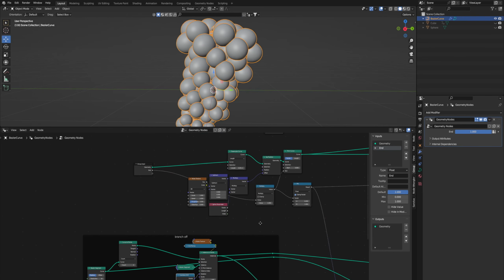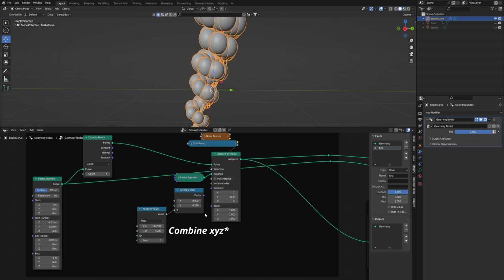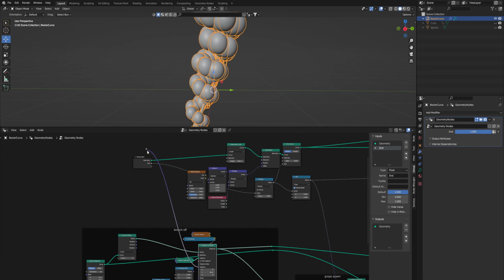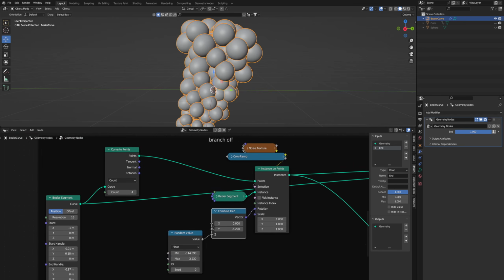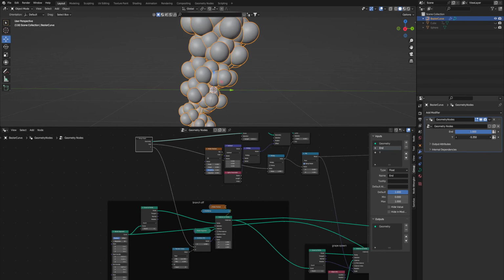So a way to animate some rotation. There's not a really good example here, but let's say we don't have this combine Z here and I want to animate this rotation. You would just plug this in normally, like we did with the growth value, but then you're going to have all these three values. And say you only want to use one of these values, you would just use a combine XYZ and plug it in, and any of these values you could just plug in. So let's say we want this one, so when we grow it, we want it to look like it's kind of opening. I'll just take this Y value and plug it into the group input, and now we have this Y value that we can play with here.